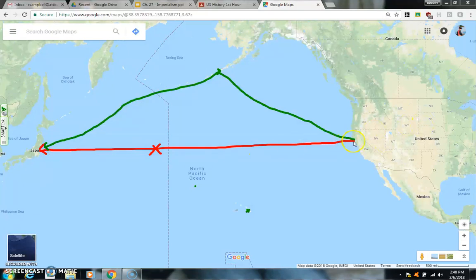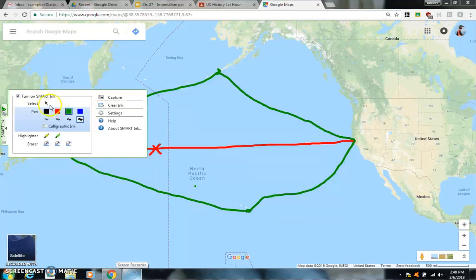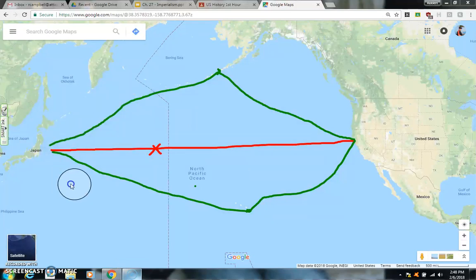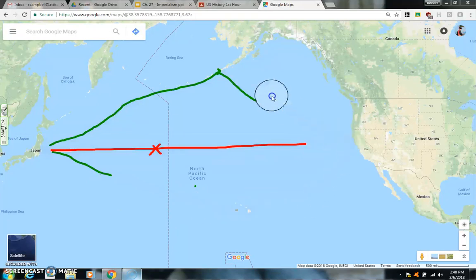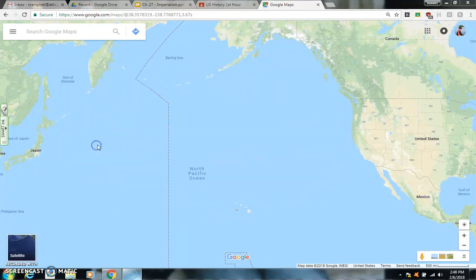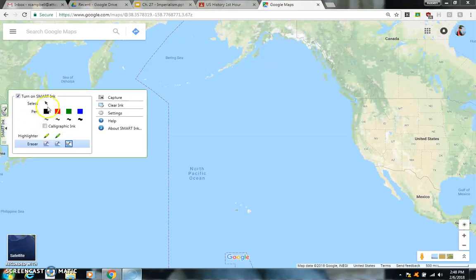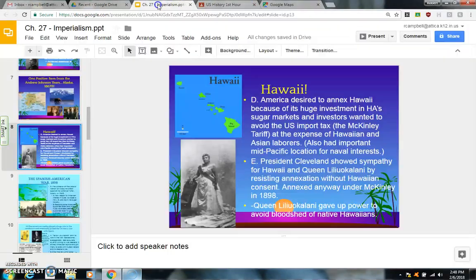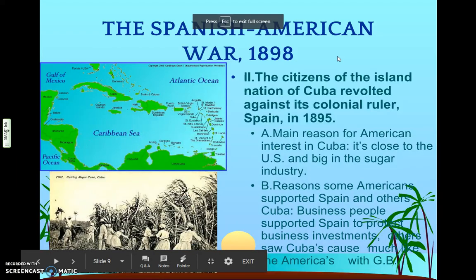And the same can be said going from California to Hawaii, not in a straight line, actually in a straight line. I just can't draw with my mouse. So these coaling stations are going to become very important. That's sort of your economic and your military importance of having these two locations. We need some way of refueling our trade ships and also our military vessels that are going to protect them. So that's the other reason why Alaska and Hawaii are so vitally important.